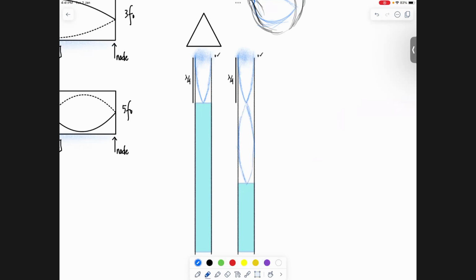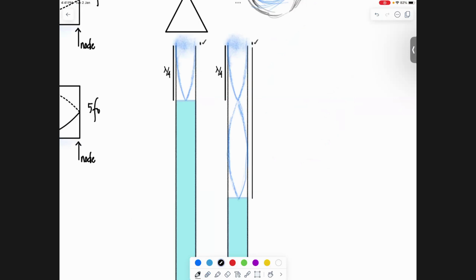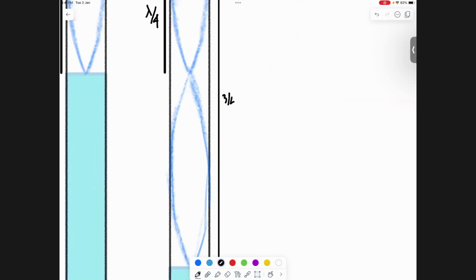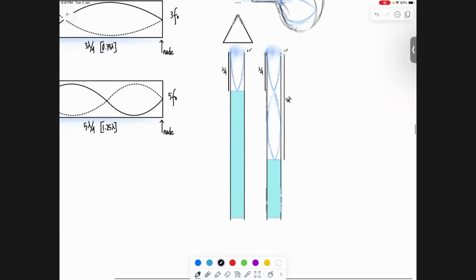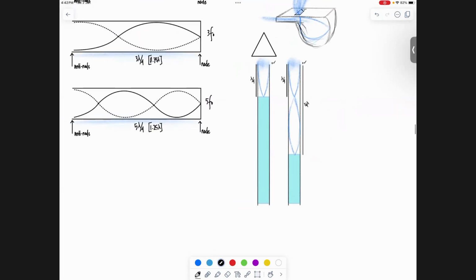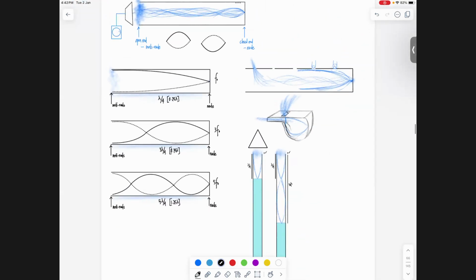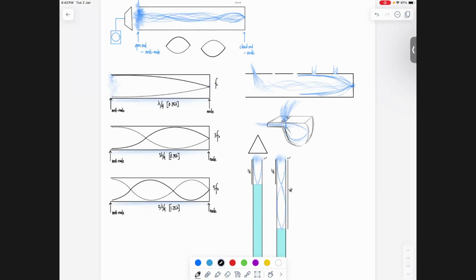And ওইখানে তুমি যদি লেন্থটা মেজার করো, this time that length will give you how much of lambda? Yeah, it'll give you 3/4 lambda, and by doing that you can keep repeating the experiment to find an average, and you'll find the lambda from there. So yeah, this is the open tube experiment that we had, and that's all you have for sound in tubes. Question থাকলে আমাকে বলতে পারো।